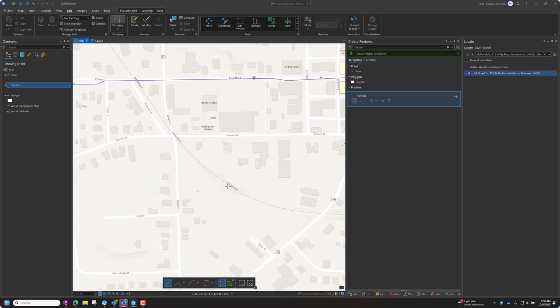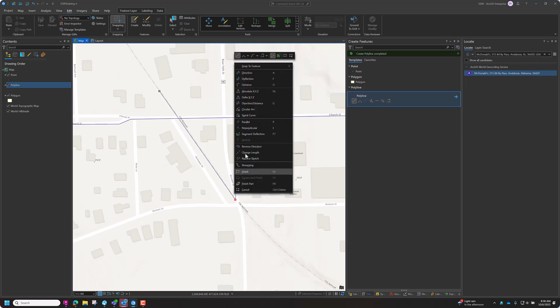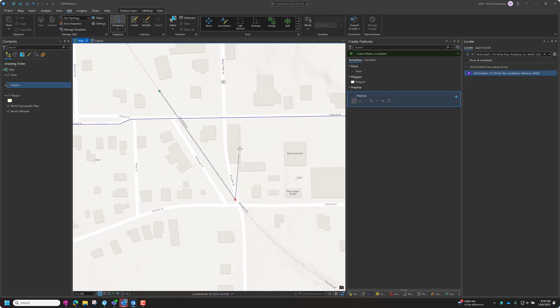I'm going to put a line from here to here. Now I'm going to right click and switch from line to arc, and you notice that in here you have a bunch of commands where you can switch spirals, directions. I'm going to do circular arc,